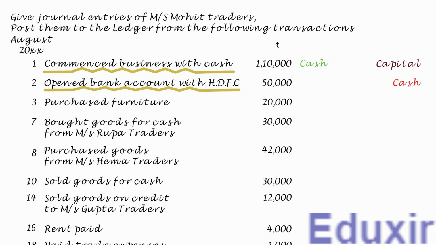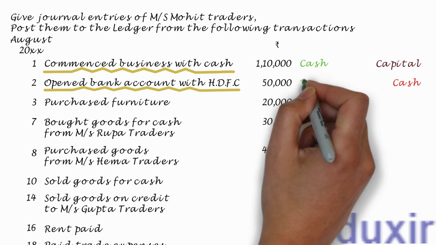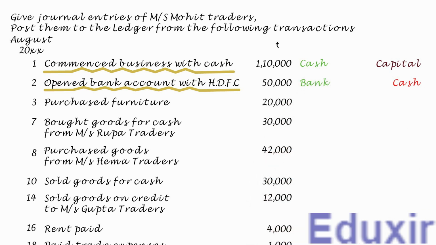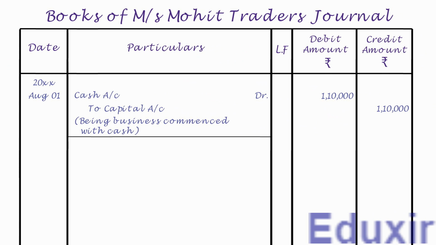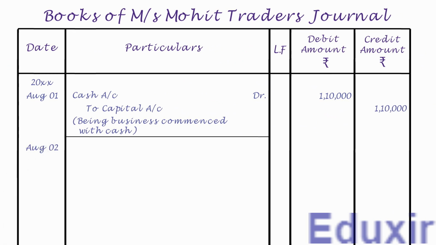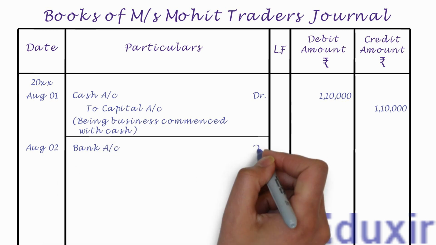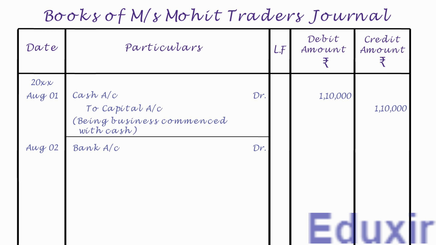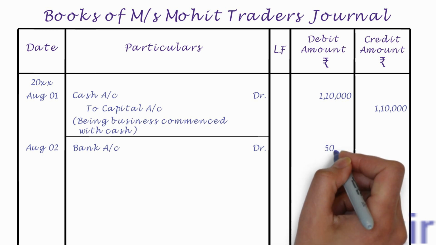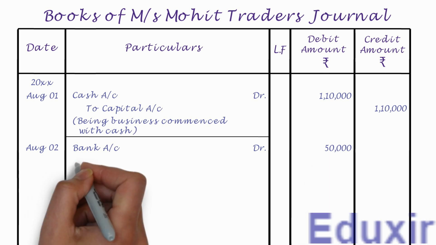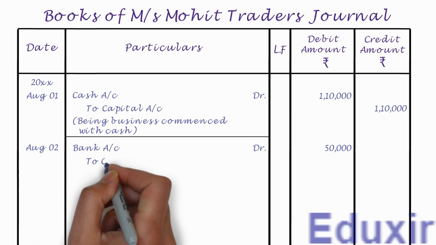At the same time, as this cash is deposited into the bank, the bank asset available with the business will be increasing. The rule to record any increase in the asset is to debit the corresponding assets account. In this case, the bank account should be debited. With this analysis at our disposal, let us now proceed with the generalizing of this transaction. Let us first record the date. Let us now record the bank account as the debit entry. Let us then write the text DR to indicate that this is a debit entry. Let us also record the debit amount of 50,000 rupees into the debit amount column. Leaving a margin, let us now record the cash account as the credit entry.